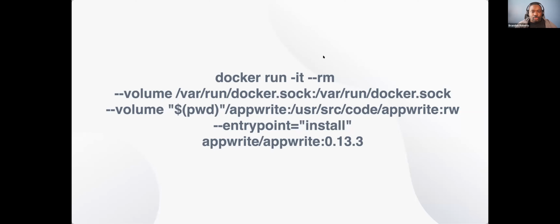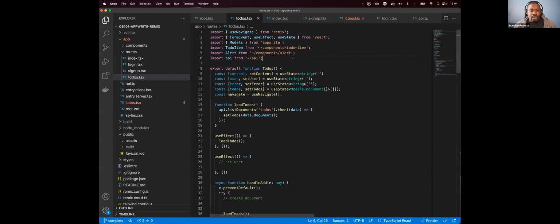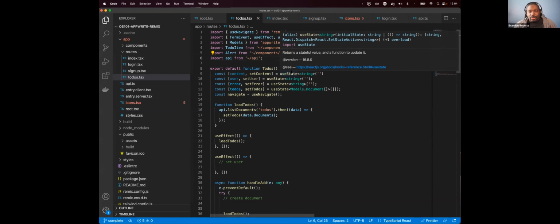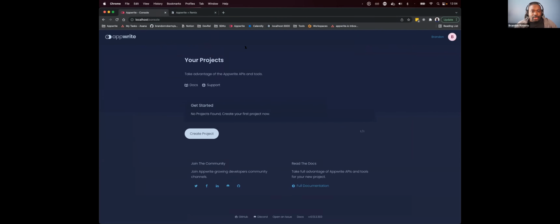So we'll walk through a sample app here, using the web API with Appwrite. Like I mentioned before, I have Appwrite up and running.